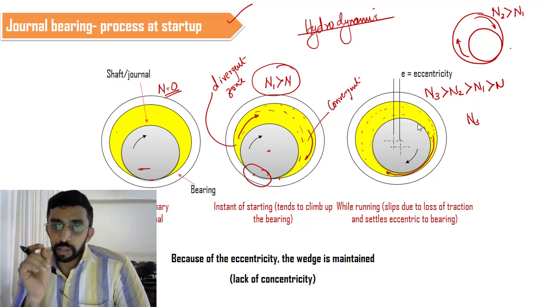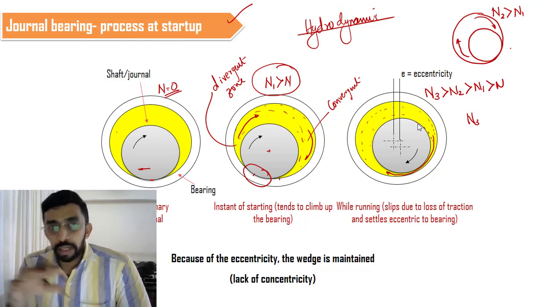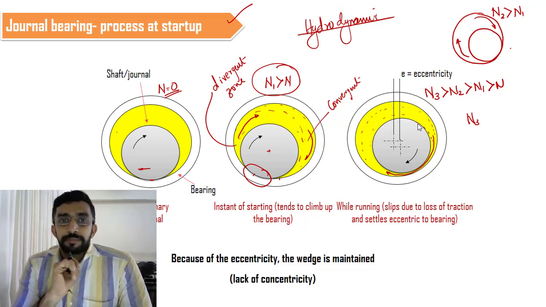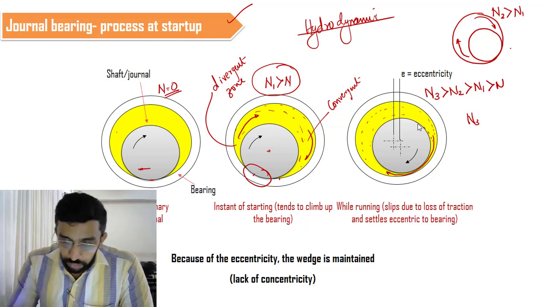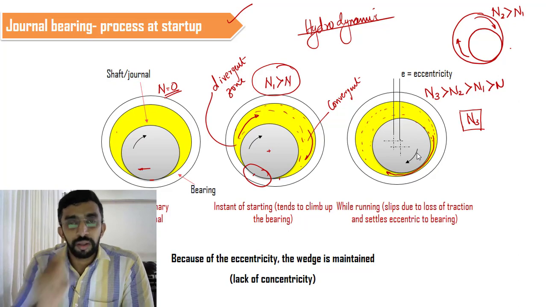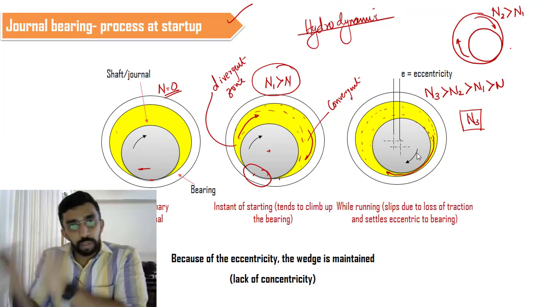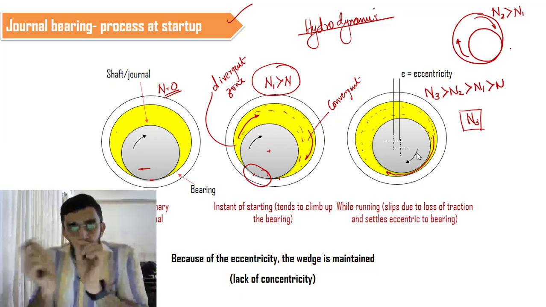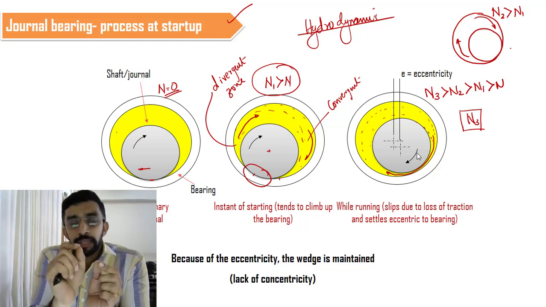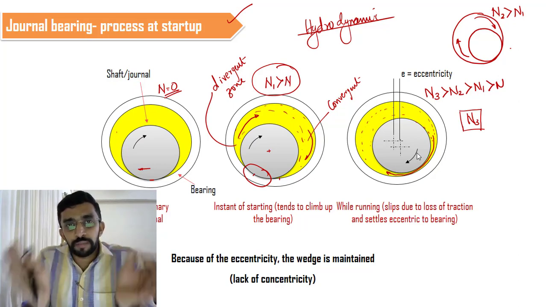So one thing we can conclude from here is that initially at the starting condition and at the stopping condition, we have a metal to metal contact, because only when it reaches a speed of n3 will the bearing action come into picture. Till then we have a metal to metal contact. From one point it is hitting and jumping to some other point, and some kind of tuck tuck noise will be there. After some point of time, as the speed reaches n3, there will be a continuous film between the journal and the bearing, and further there will not be any sound.